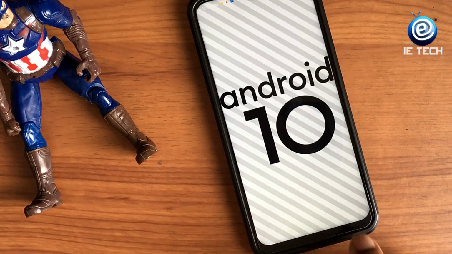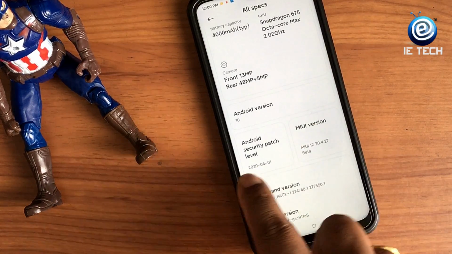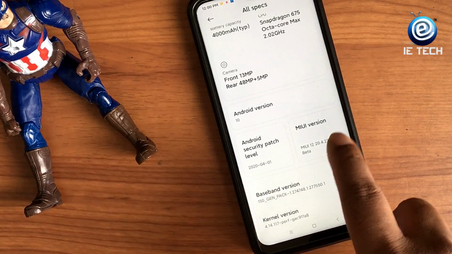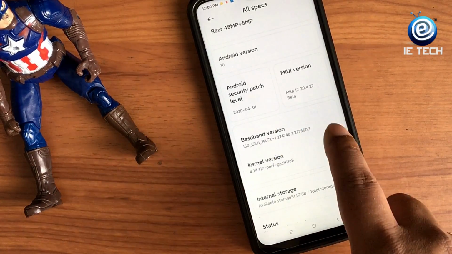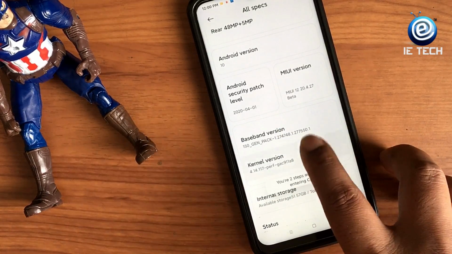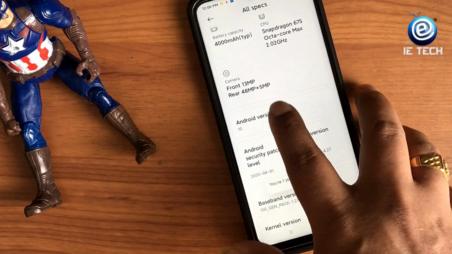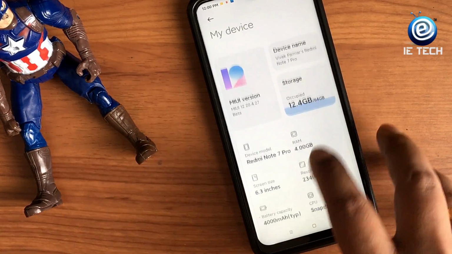Yeah, my friends, when you get this MIUI, you will get Android 10. So currently I think all your devices are running Android 9, so you will get version 10 here. It will say the security patch, which is the latest, and the MIUI version, as I told you, it is a beta version, baseband version, and the kernel version. So I'll go back to the specs here,